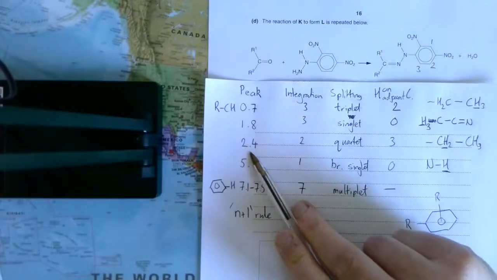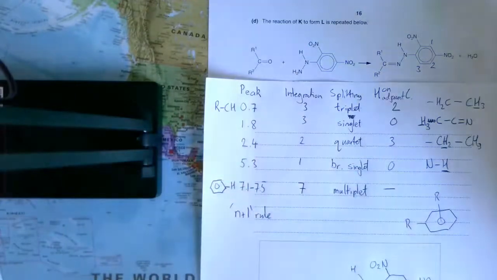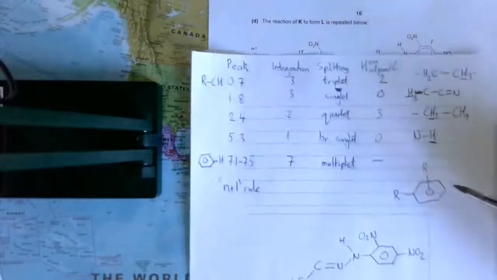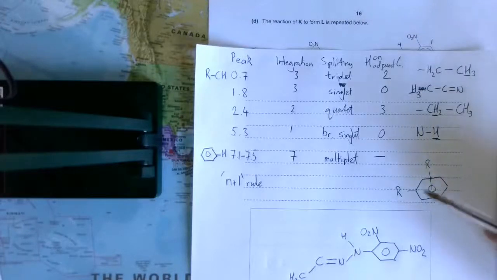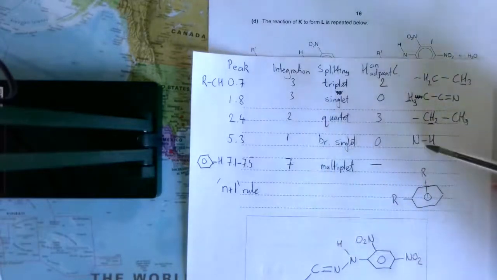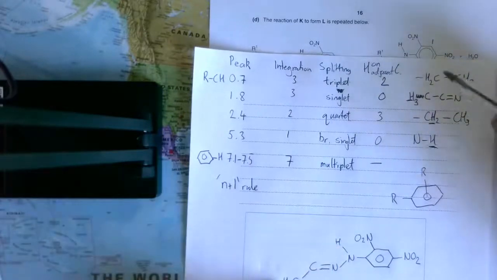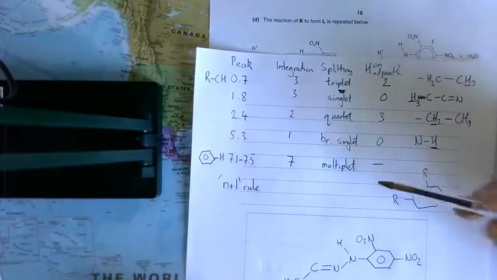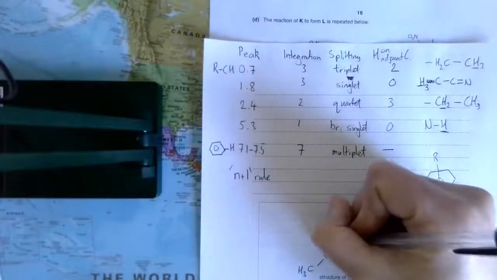Chemical shift of 2.4 can mean a whole range of things. It could be carbonyl, but we've got no evidence for carbonyl here, or it could be that it's next to an aromatic system, and we've got the chance here for it to be next to an aromatic system. So we know there has to be CH2, CH3. This peak we've taken care of here. We know that the other one is a CH3. So the only thing we've got left is that this carbon